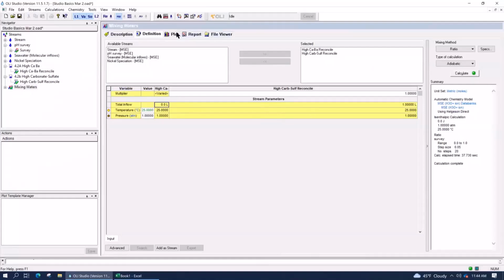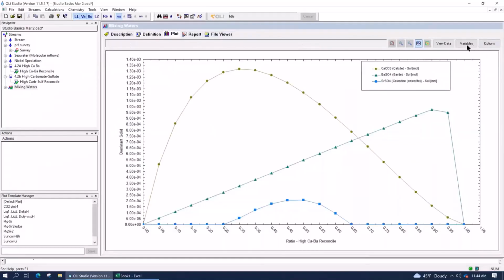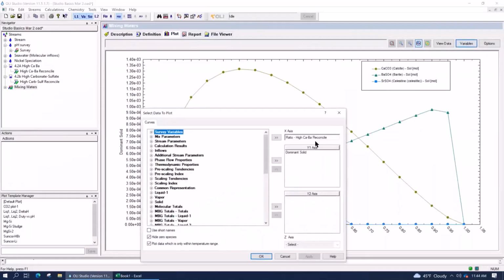Just to take it one step further, let's click on variables, remove the dominant solids from the Y1 axis, and take a look in the stream parameters at what the final temperature is. Expand the category called stream parameters. In there, you're going to find the pressure, the stream amount, and the temperature.